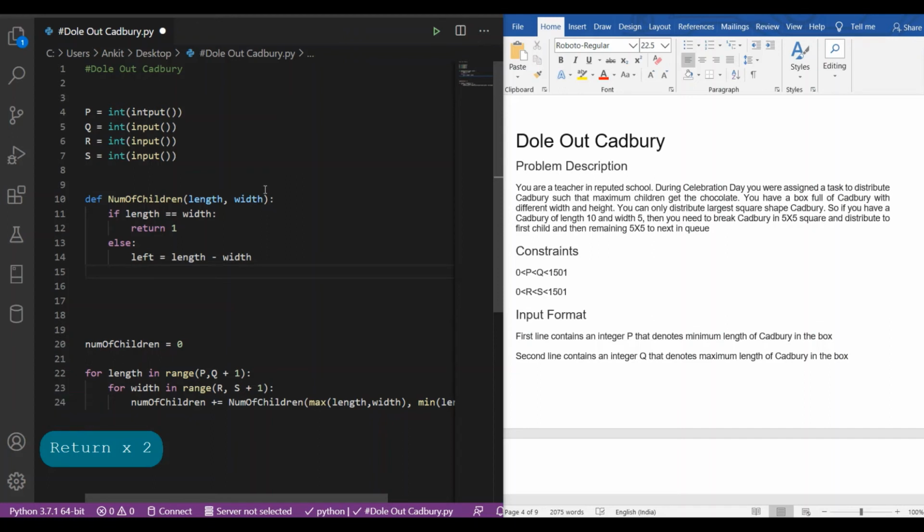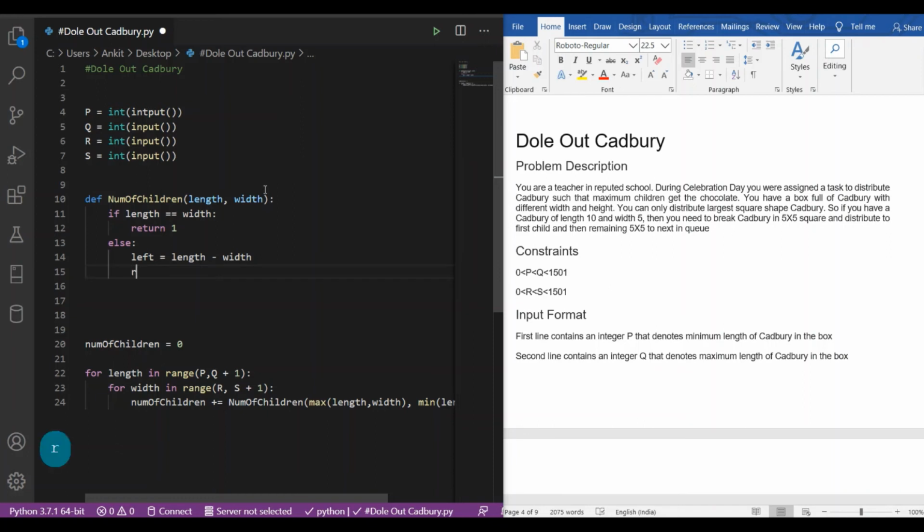Obviously in the function the width is less than the length, or might be equal. If it is less than the length, then some part of the Cadbury will be left after giving the largest square shape of the Cadbury to the child.